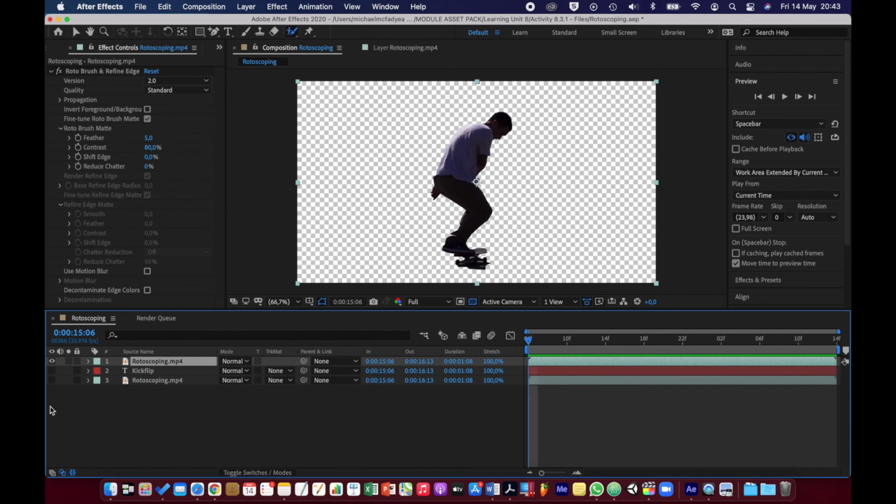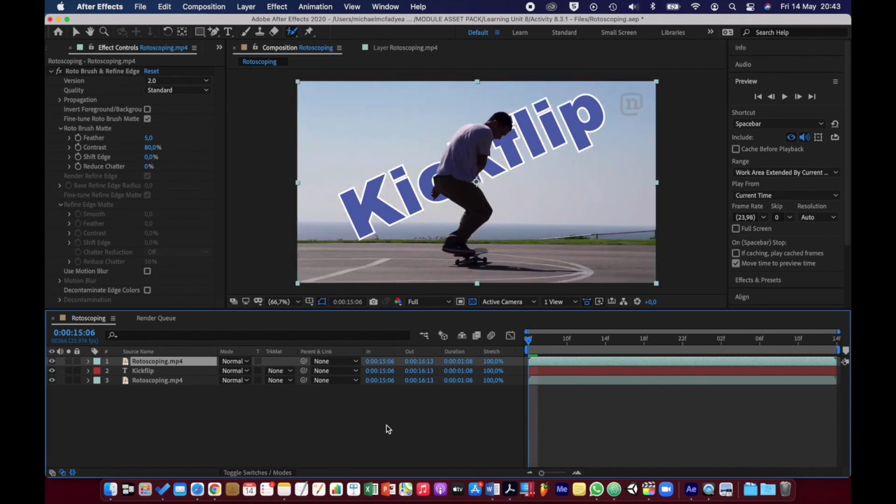So now all we need to do is to show our text layer and our original layer, and now by magic it appears as though the skateboarder is in front of the text. And if I just play this back,